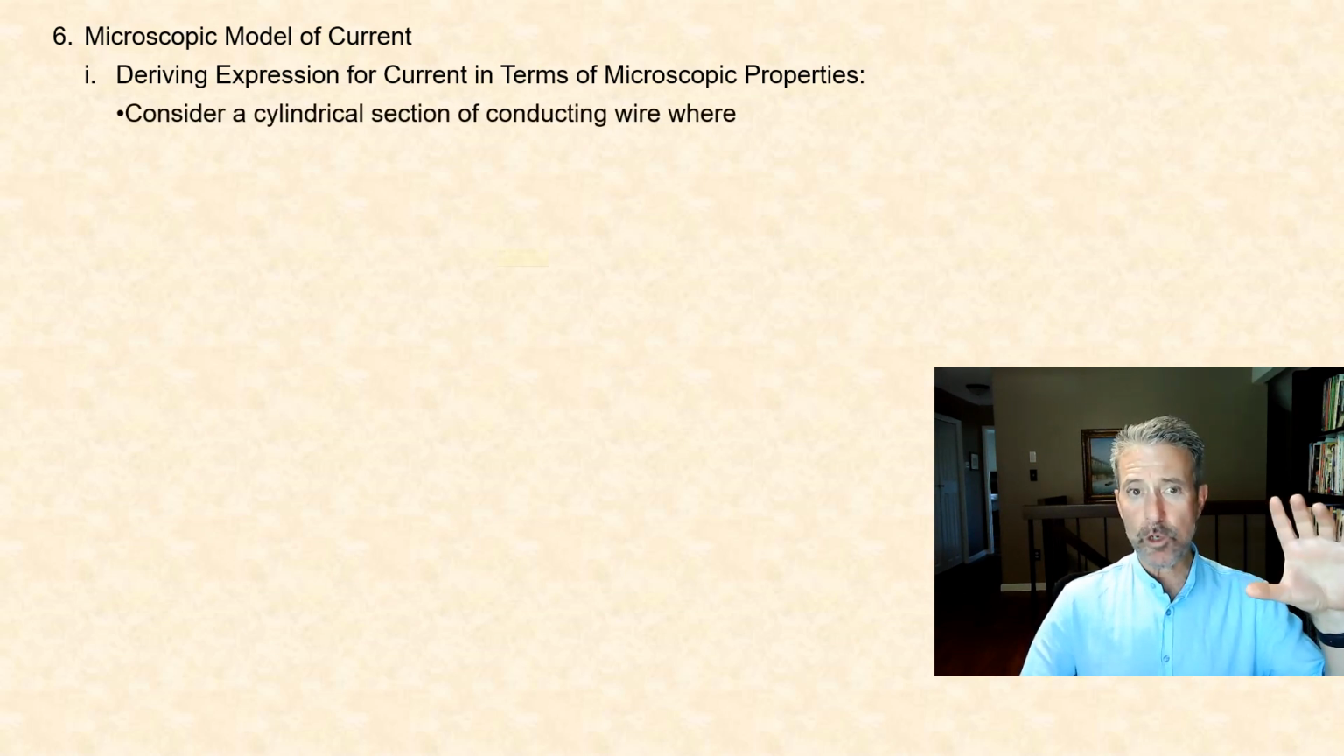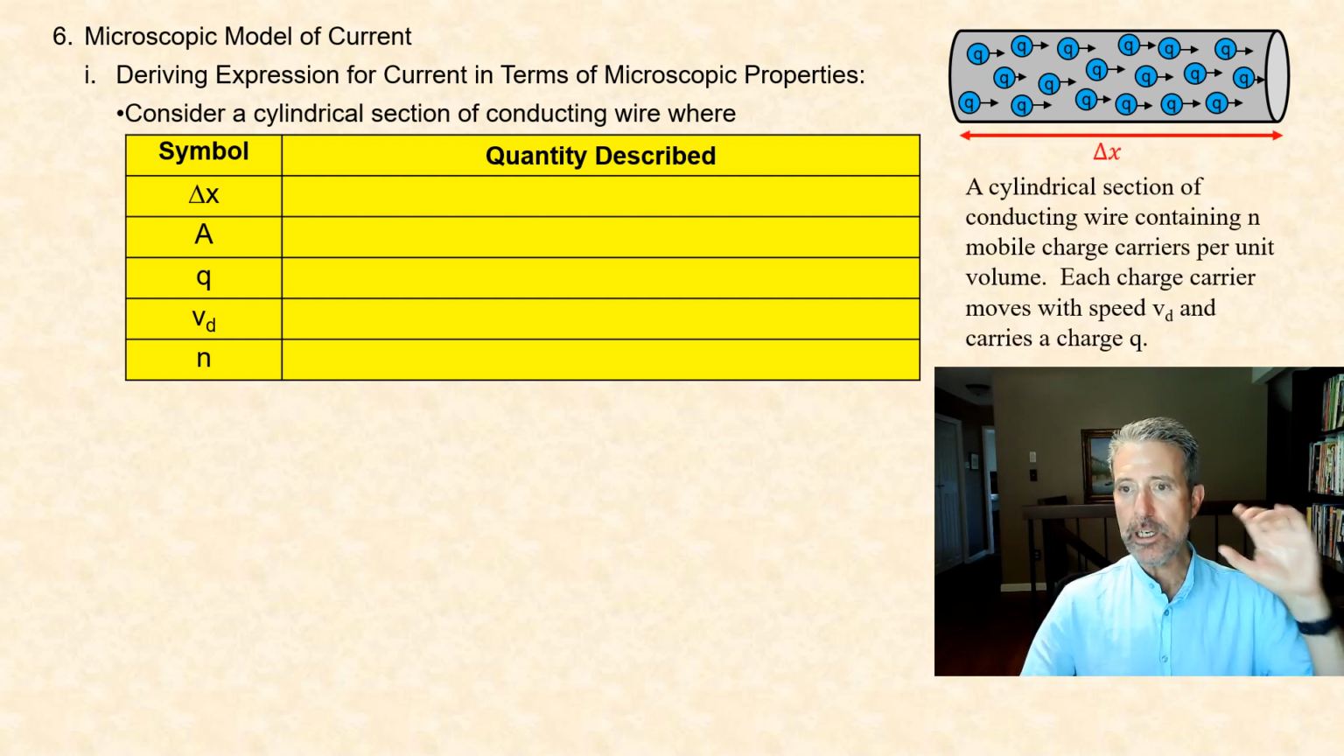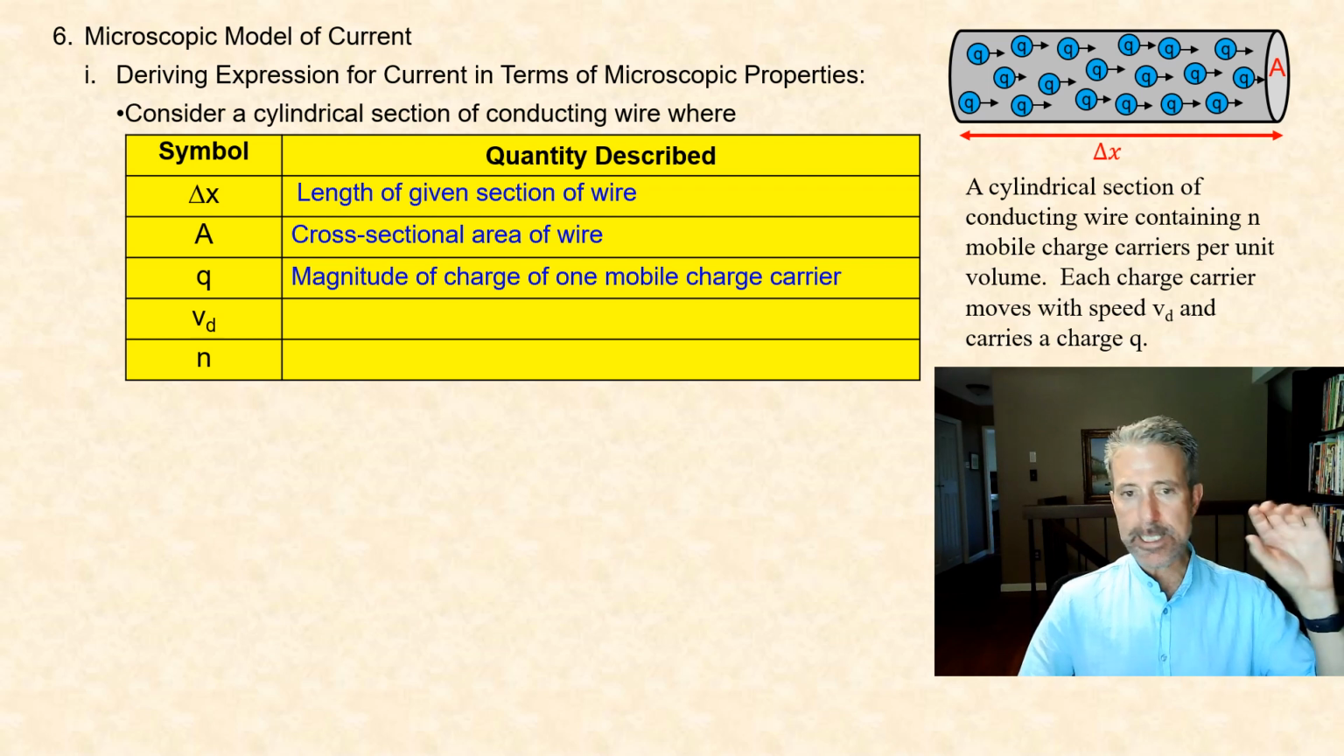And in order to do that, we're going to consider a cylindrical section of a conducting wire. Consider this to be a right circular cylinder where we're going to introduce the following quantities. We will assume that delta x represents the length of that cylindrical section of wire. We're going to assume that A represents the cross-sectional area of that cylindrical section of wire. We're going to let q represent the size or magnitude of one of the mobile charge carriers